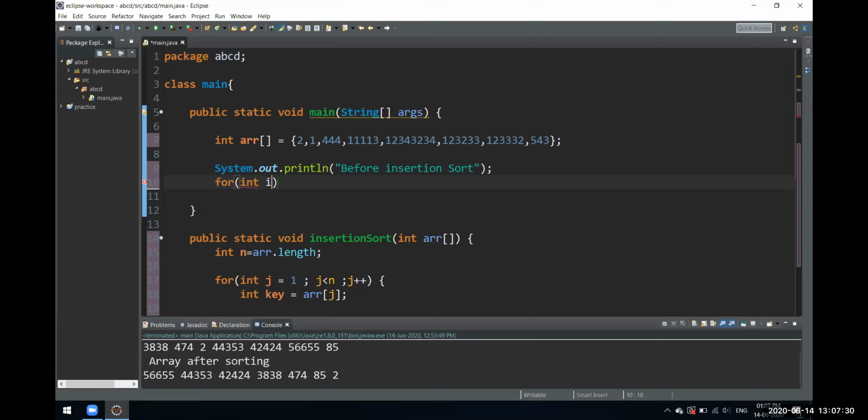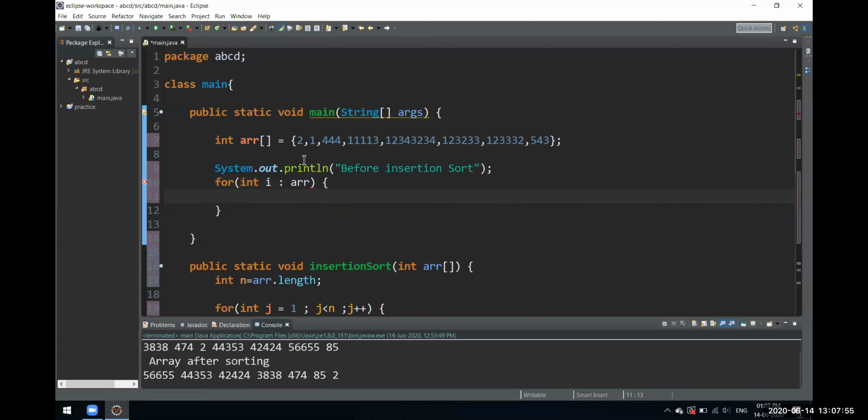Actually, instead of that, let's try a for each loop so that you also get a picture of that. Instead of using a traditional for loop, let's try that enhanced for loop which we saw. In the first day I think I told you about this. This would make our code a little easier to understand. So yeah, this is our enhanced for loop. We are just going and simply printing all these elements as they are.